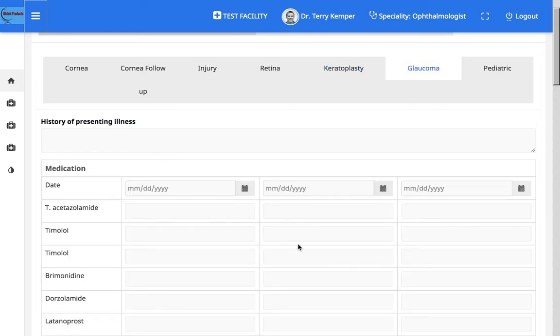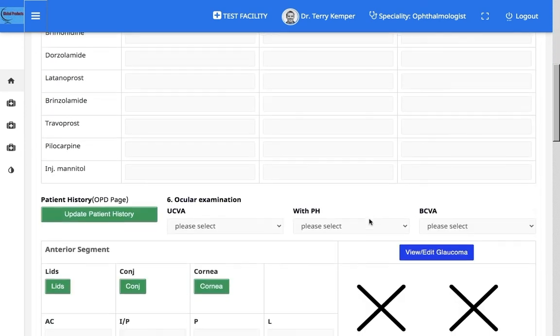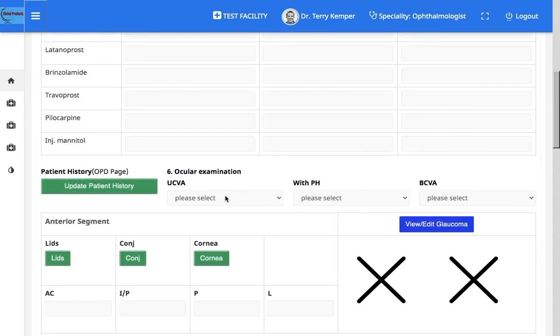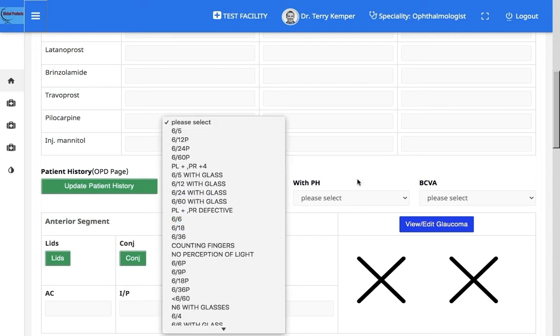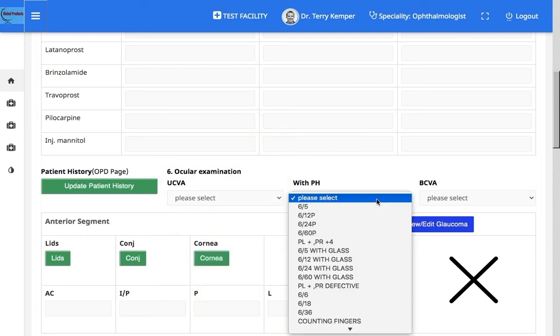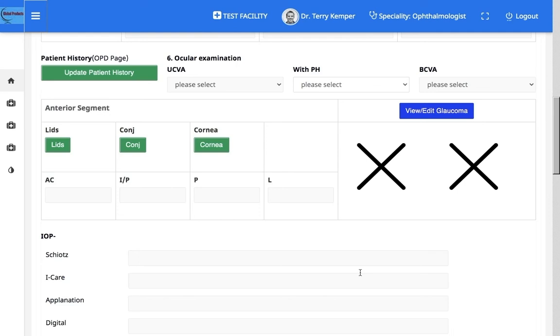Coming to glaucoma: history of presenting illness, the medications given and the date, ocular examinations. The drop down values can be selected from the drop down list. BCVA.